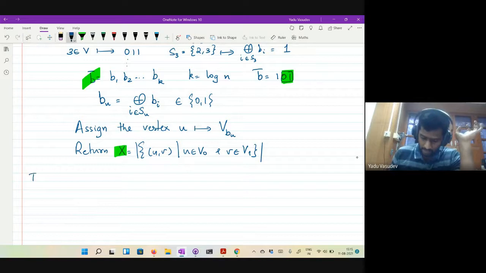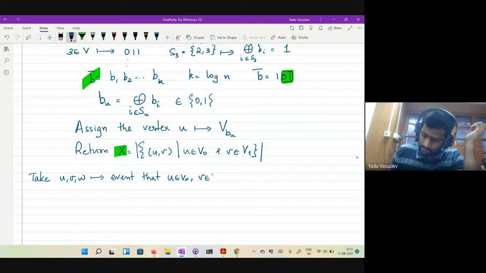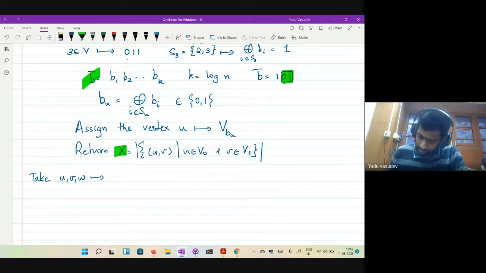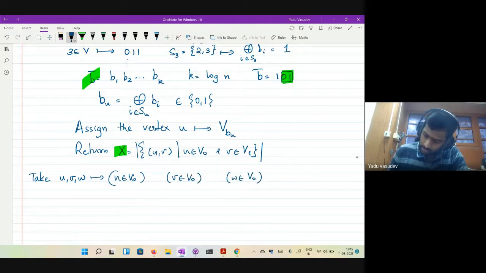So now you take U, V, W. Look at the event that U is in V0, V is in V0, and W is in V0. Are these independent?